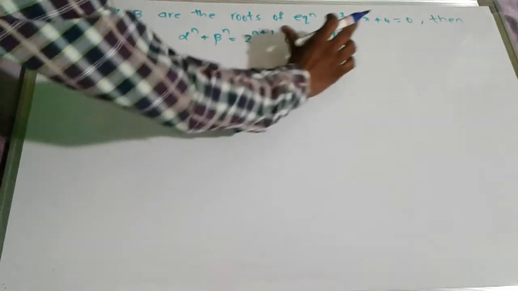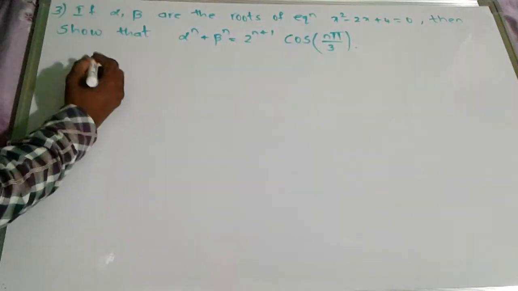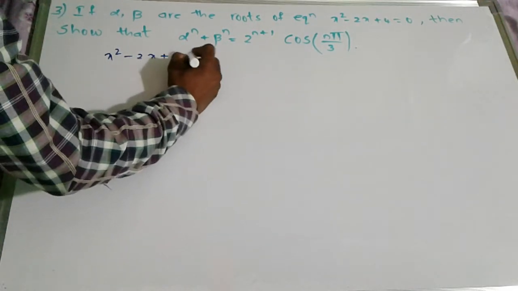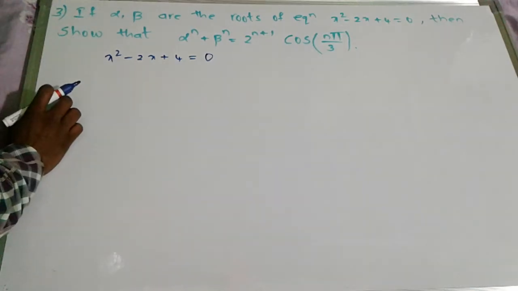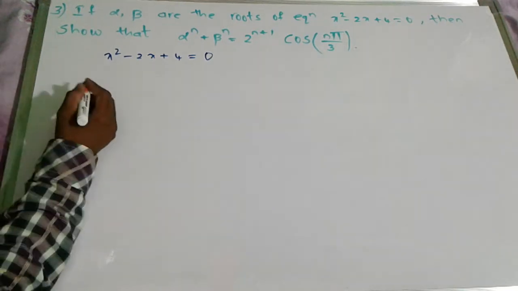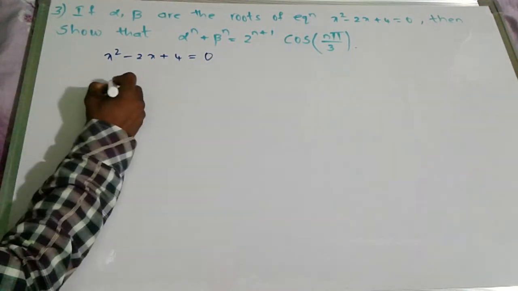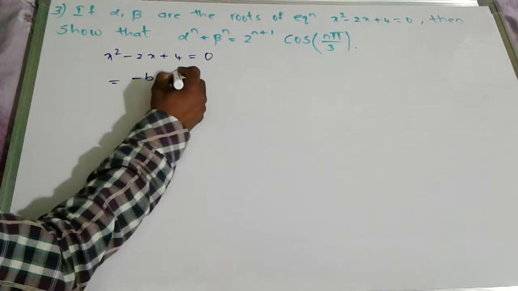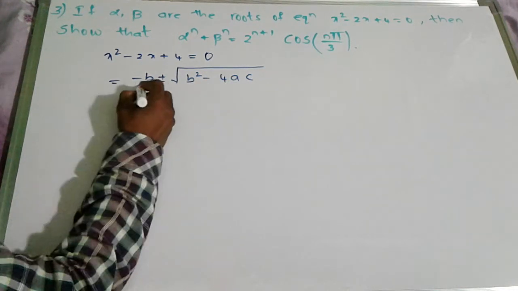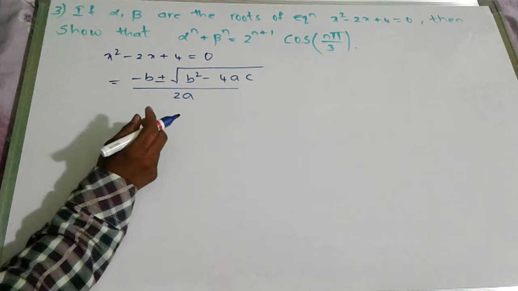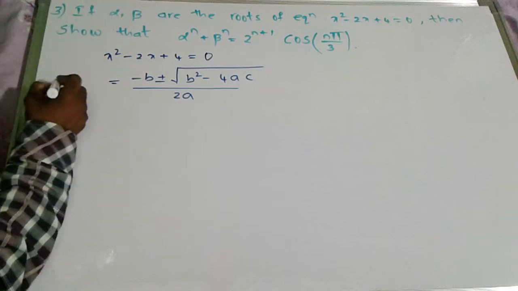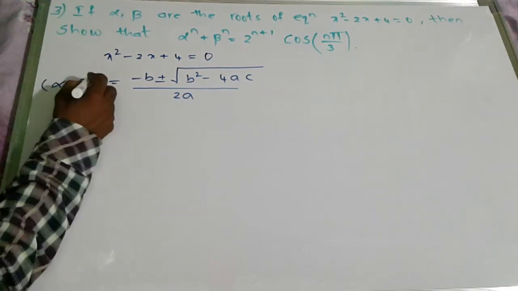First, I am considering this quadratic equation: x square minus 2x plus 4 equals 0. To find the roots of any quadratic equation, we have a formula which you already know, that is minus b plus or minus under root b square minus 4ac by 2a. Here the roots given in the problem are alpha, beta, so I am writing alpha, beta on the left